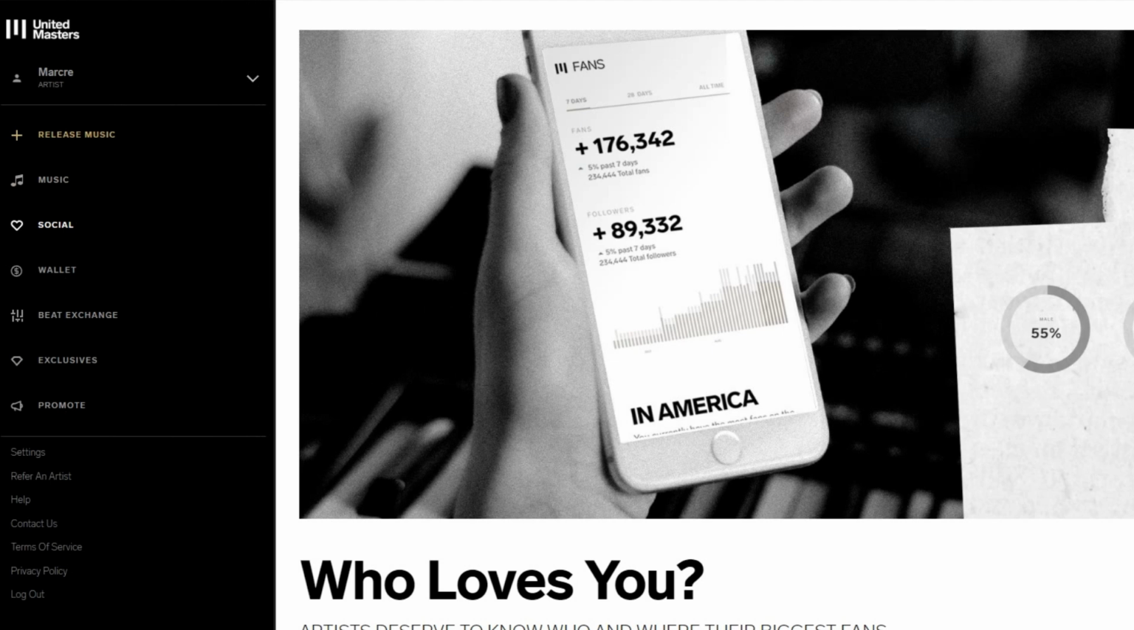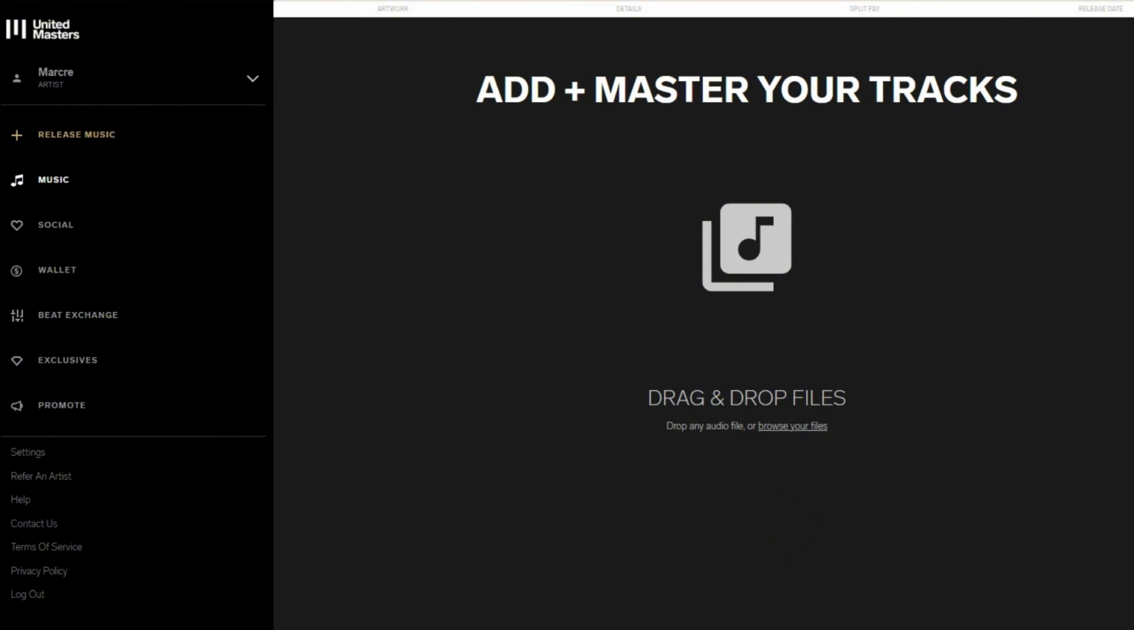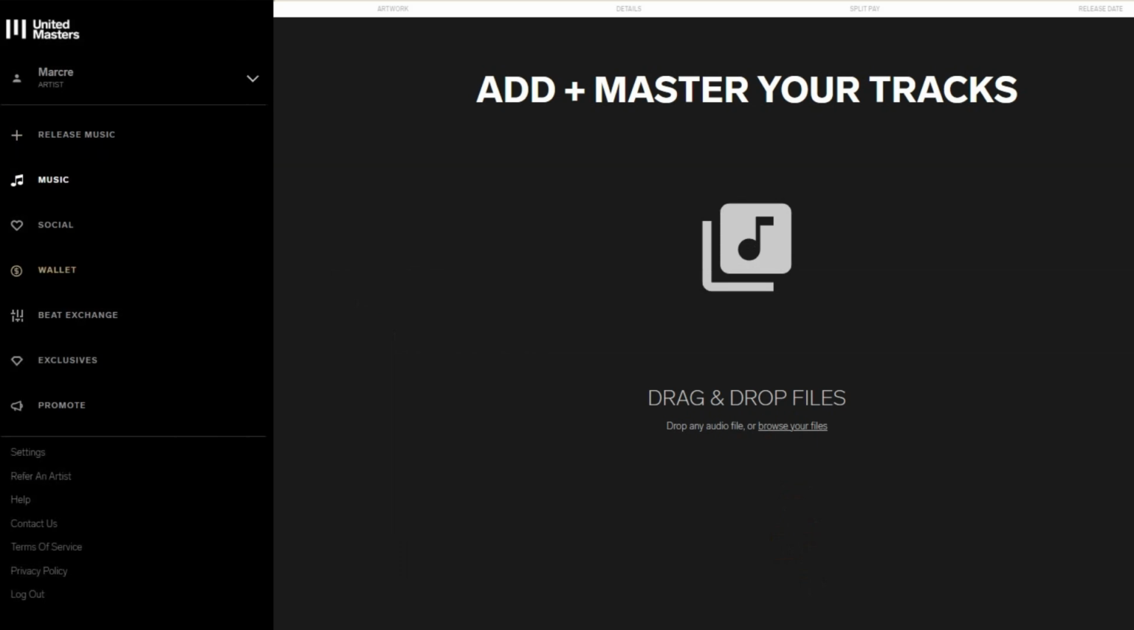You could either go to the plus icon on the side and drag one of the songs from the album here. For me, I already have a release from my last video that I'm going to use, and if you have unreleased tracks that you've already uploaded to UnitedMasters but maybe haven't put in all the details, your tracks will